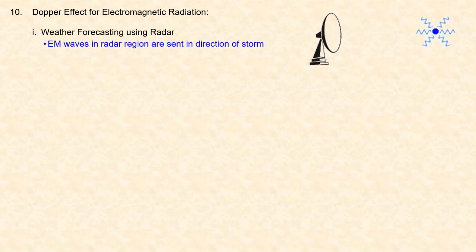If you take your transmitter here and you send a source of radar waves, and we will learn later that these are electromagnetic waves in a fairly low frequency. They're in a frequency of the electromagnetic spectrum that is below the frequency of visible light, so in the radar region of the spectrum. So when you shoot these low frequency light waves, electromagnetic waves at the storm,